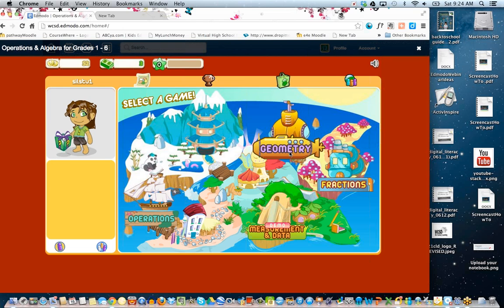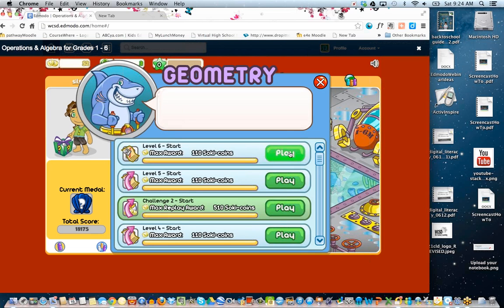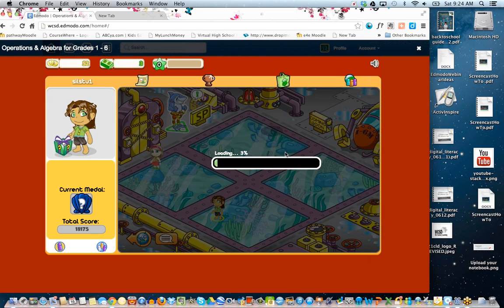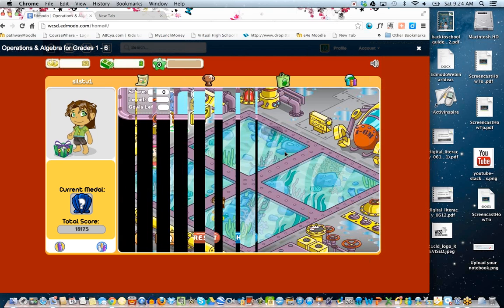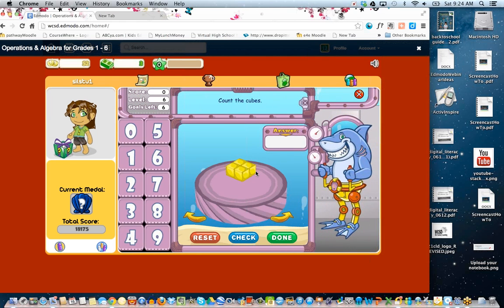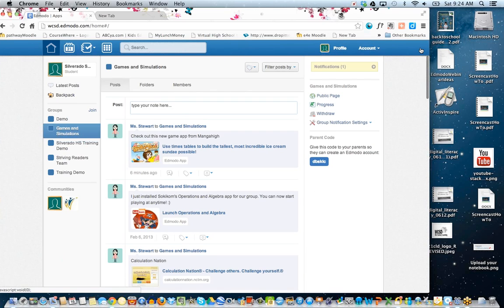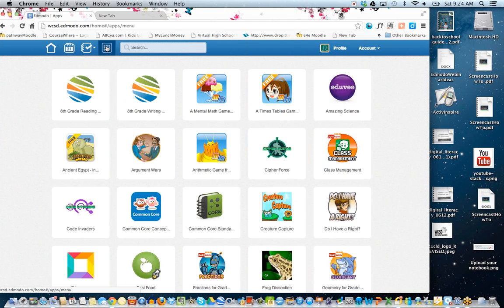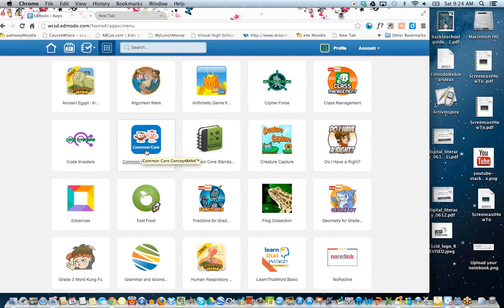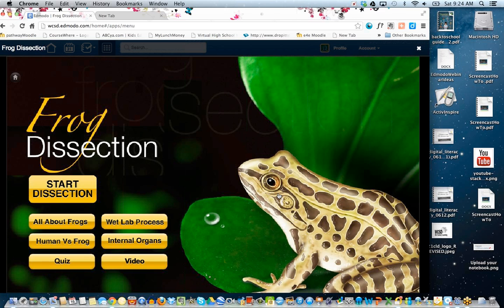And here they can go, okay, I'm going to select the game, and they can just jump right in and play. So you can see how that works. And they click on that little X in the corner to exit out. If it's something that isn't in the stream, your kids have a little app button in the top, and they can click on that. And they can go on the back end, and you can tell them exactly which app or simulation that you want them to work on.